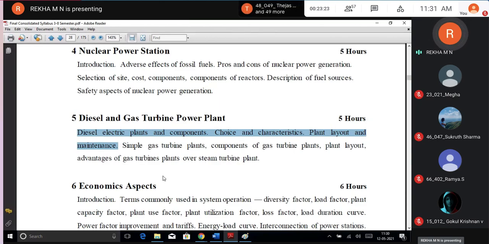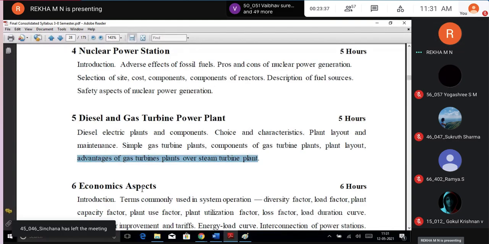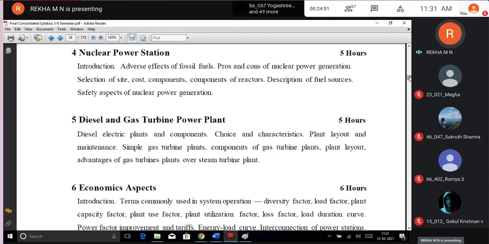But in the case of gas turbines, some people were telling me that they find it very difficult. So what I have planned is to give one question if possible. That question will be upon either the advantages or the simple gas turbine which I taught you in the first chapter. Don't worry, students, this is sure. The rest will be covered next, after the test, and I will be sending the notes because you are behind on the notes. I have to prepare the notes.